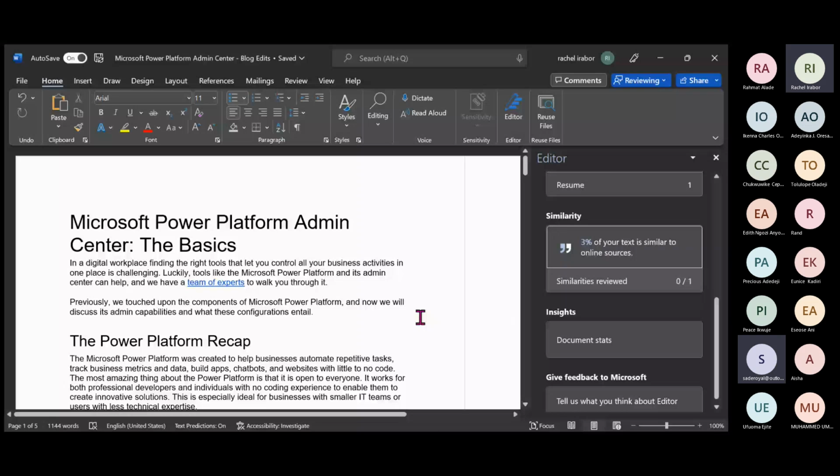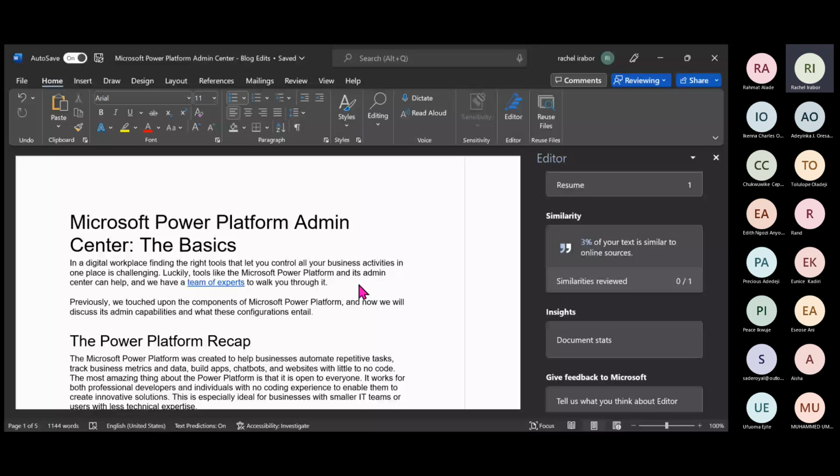Am I not pronouncing plagiarism very well? Like if it's showing that your work is copied from somewhere, or if it's related to another blog. Do you get me? Yes, thank you. Okay. So it will show you here in Microsoft Word. You don't have to even take it outside.